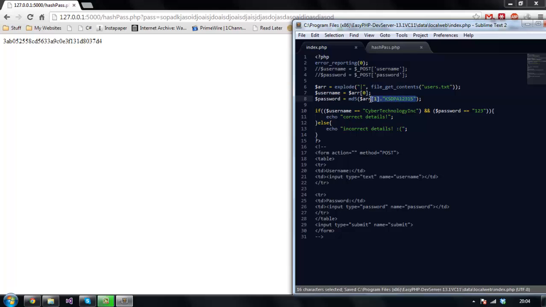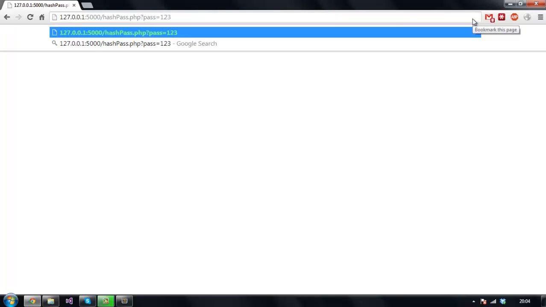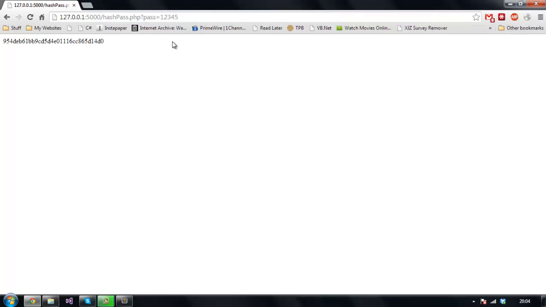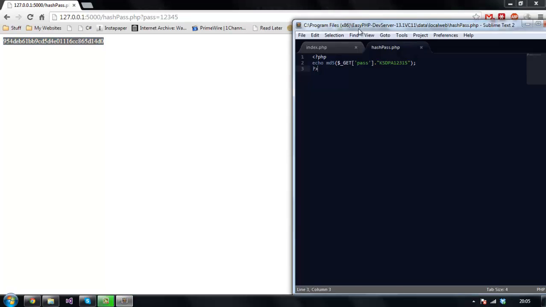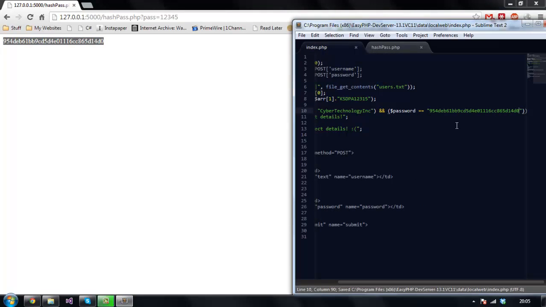So now whenever we want to encrypt something, we always need to use that on the end. So then whenever they encrypt the password again to log in, they'll always get the same result, so it'll be true. So now I need to get the password for that, so I need to add on the salt, so then we get the same result. So let's do the password equals 1, 2, 3, 4, 5. So if password equals, and then the hashed password,